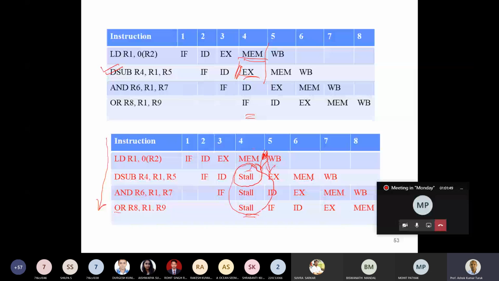So what we have seen is that if we have a load instruction and you immediately use the result of the load instruction, then you pay a penalty, and the amount of penalty is the number of clock cycles until the hazard is clear. In the present example, it is a 1 clock cycle stall. After 1 clock cycle, the hazard will be cleared.